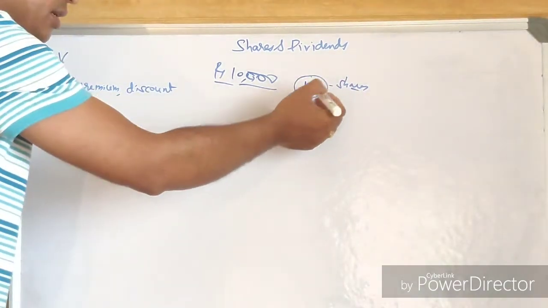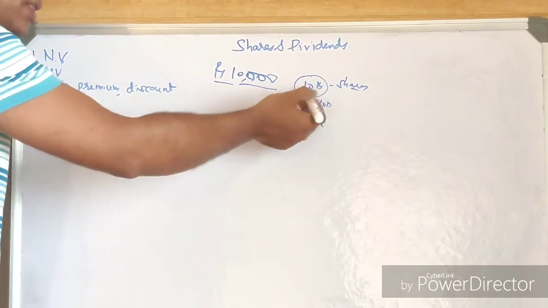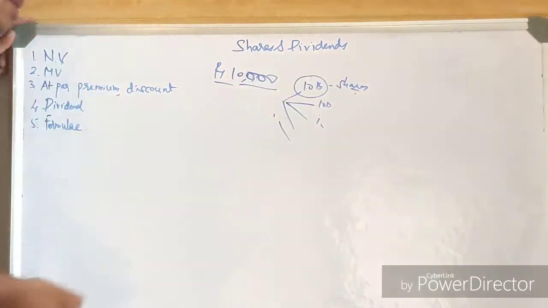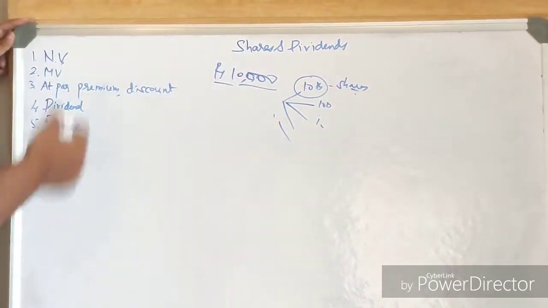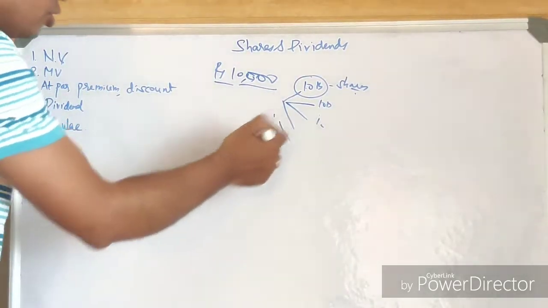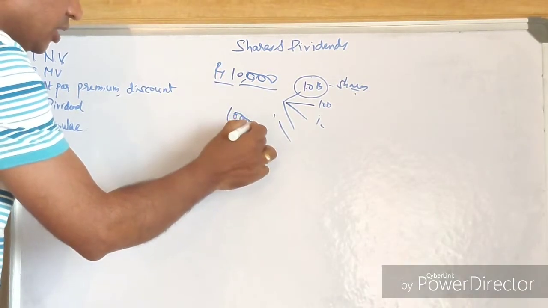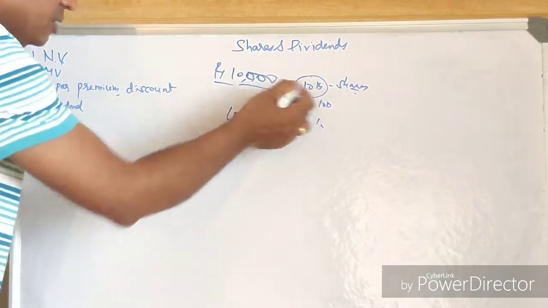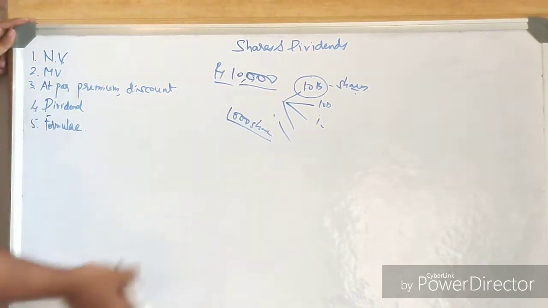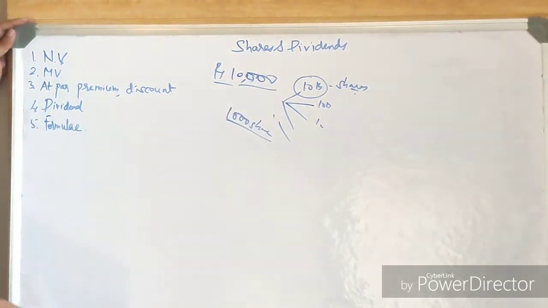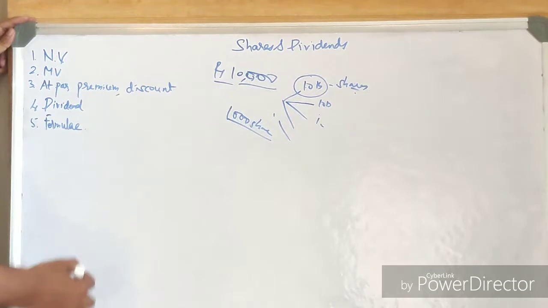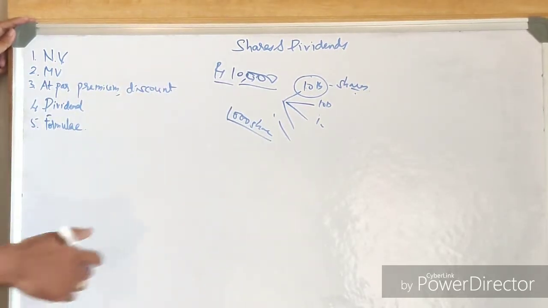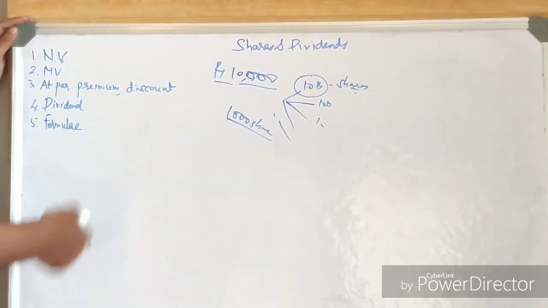So he gives one share. If one person wants to invest 10 rupees, that means he buys a share of 10 rupees. That means his investment in the 10,000 is 10 rupees. Totally, how many shares will there be? Around 1,000 shares. If each share value is 10 rupees, the total number of shares for 10,000 will be 1,000 shares. If 1,000 people contribute 10 rupees, it becomes 10,000 rupees, and he can start the company.